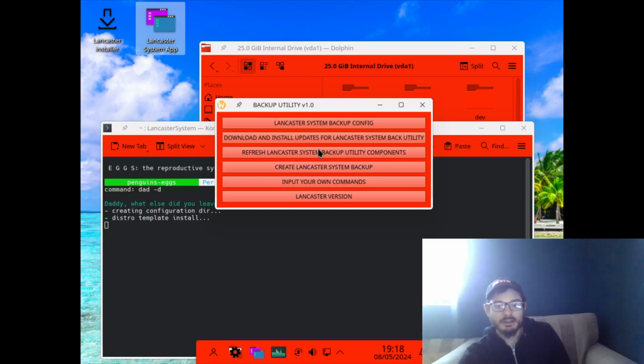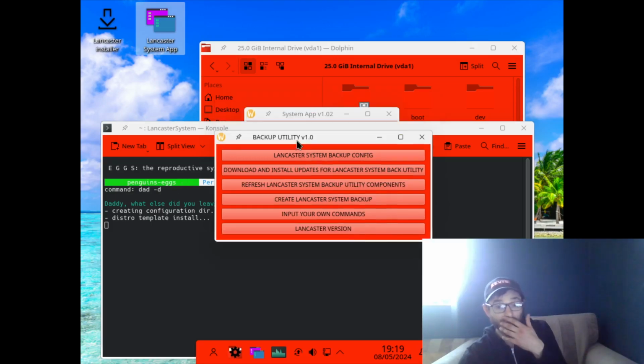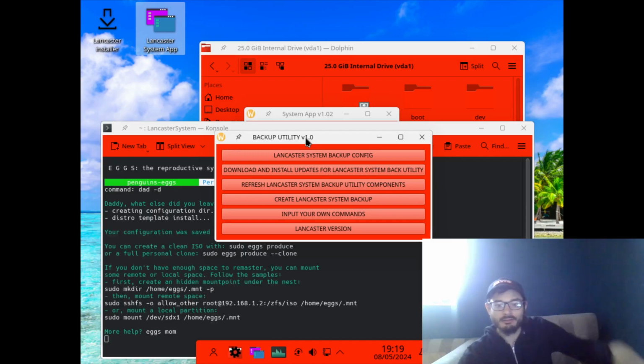If you've got a newer build, because if you're not using Lancaster to use the backup config, then you're going to have to configure it to run on that system if it's not within the backup utility files, which is Penguin Eggs. If you know Penguin Eggs, the application which you can create ISOs with, and how to configure that, or you could go online and search Penguin's Eggs and go on the .net website, and there's information on how to configure it to work with different distributions, providing that they